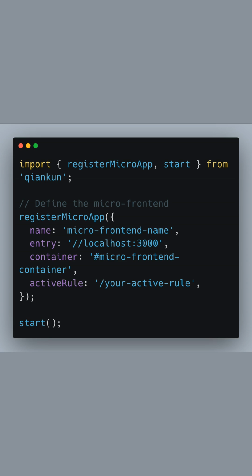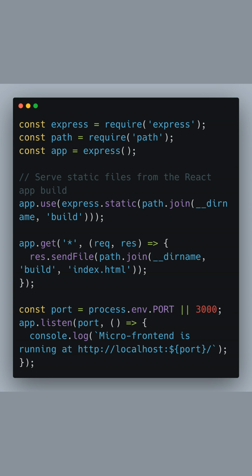Our Micro-Frontend needs a server to serve its files. In this snippet, we see an Express server setup for serving a production build of the Micro-Frontend. We import Express and Path modules, and use express.static to serve the static files from the build directory. We make sure that any route entered will direct the user to the index.html page, allowing React Router to handle the front-end routes. Lastly, we listen on a specified port, giving us a URL where the Micro-Frontend can be accessed